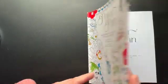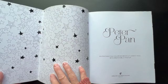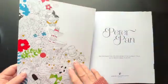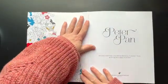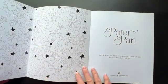I got this one, did I get it used or did I get it new? I got it new. I got it off Amazon and it was under $10. So keep checking. These things show up. If you do go and buy from a third-party seller, buy a used copy,